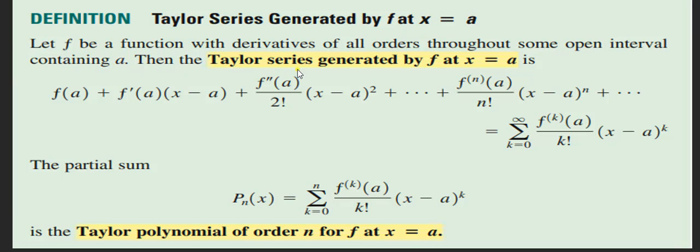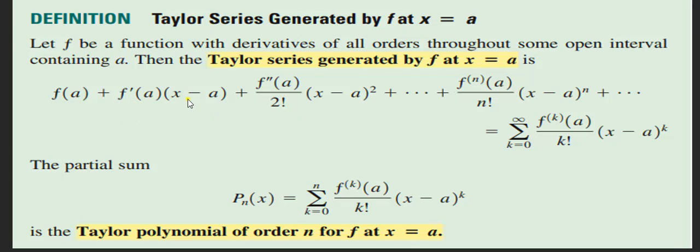Then the Taylor series generated by f at x equals a is f of a plus f prime of a times the quantity x minus a plus f double prime of a over 2 factorial times the quantity x minus a squared and so forth. When you first see this formula, you might get overwhelmed, but just note that there's a